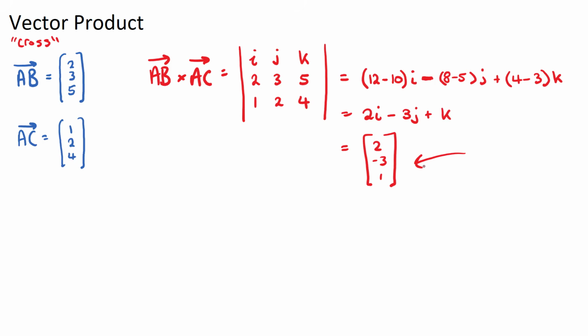Now, you may have seen in your textbook, or your teacher may have referred to, the right-hand rule. What the right-hand rule says is that if we have two vectors, for example AB, where this is point A and this is point B, and AC, where this is point A and this is point, let's say, C, the vector which is perpendicular to both of these two, AB and AC,